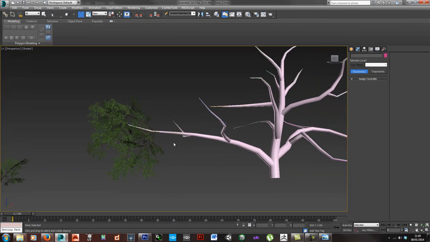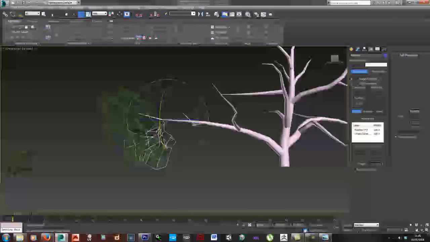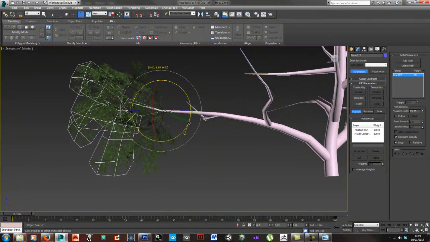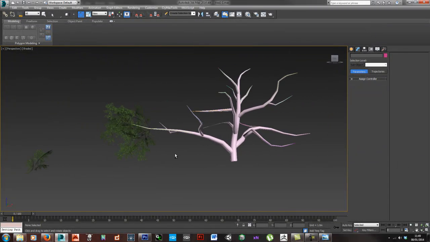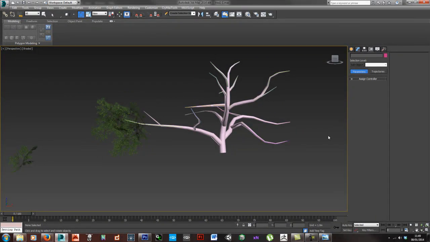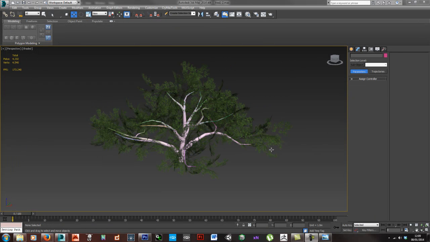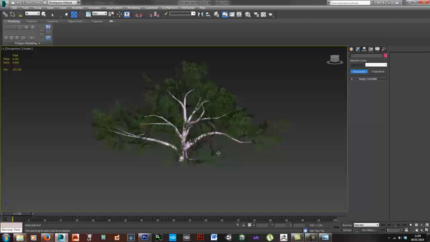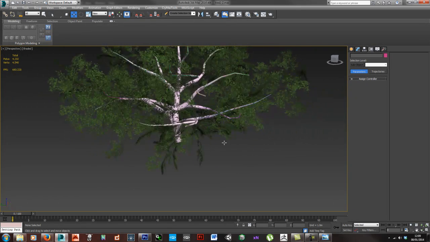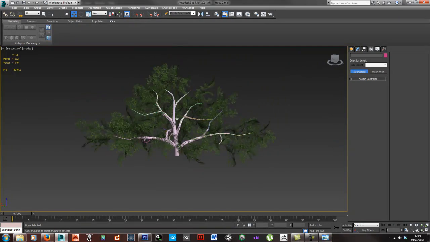So yeah, that's it really. It's just a case of going through. Obviously this is, again, quite a time consuming part of this process. But yeah, I'll pause this and I'll go through and do that. Okay, so once you've scattered all of those over the tree, you should get something like this, and we're pretty